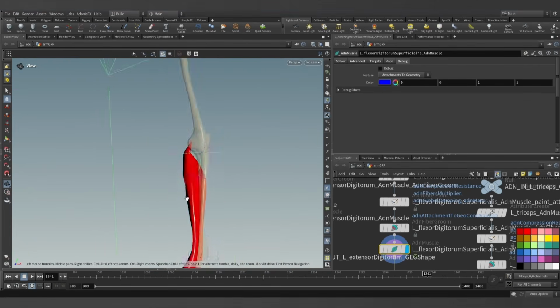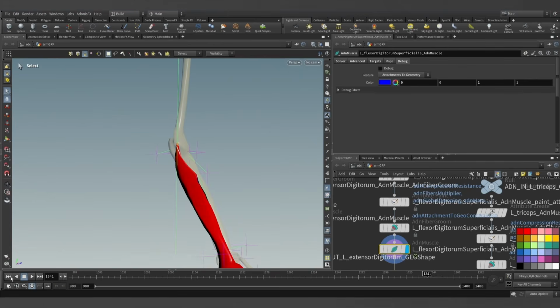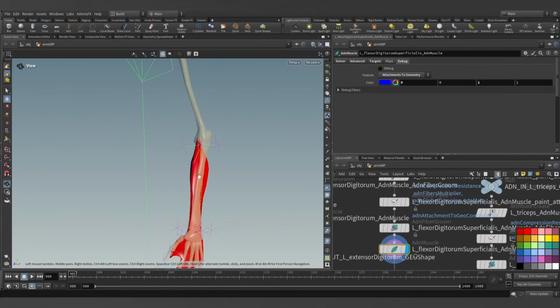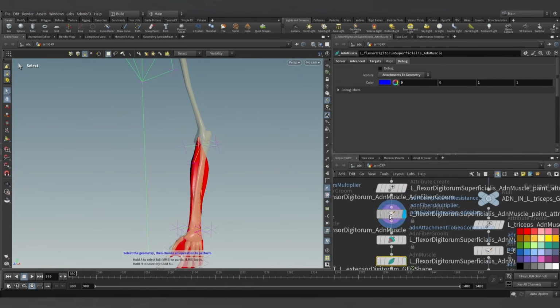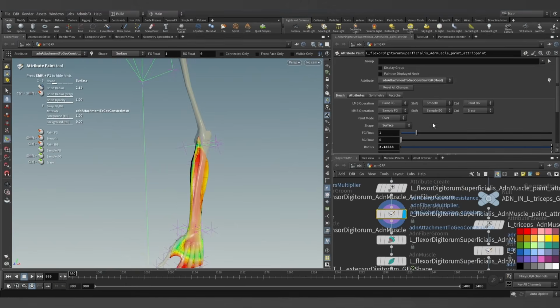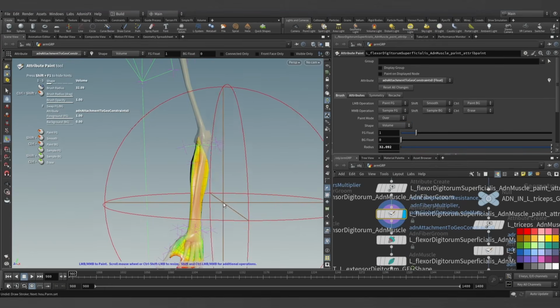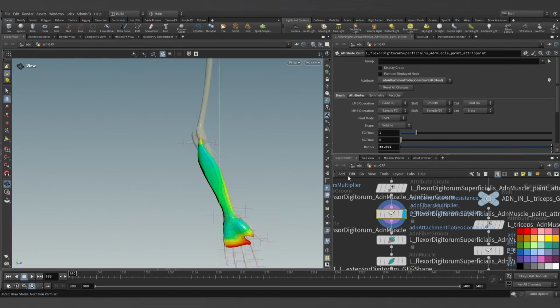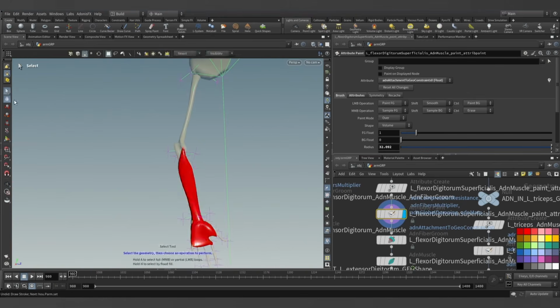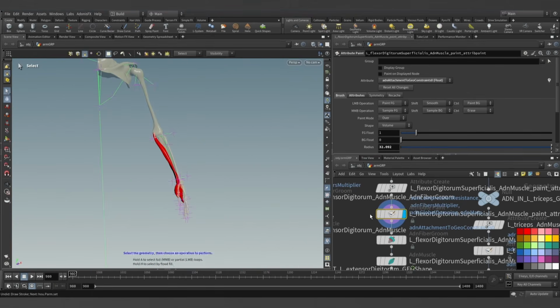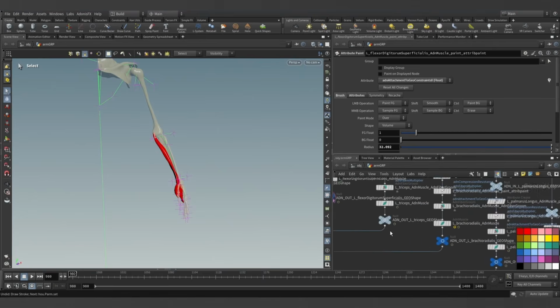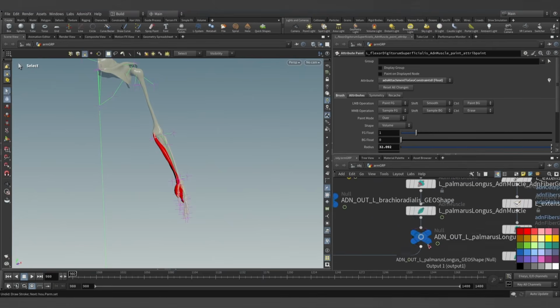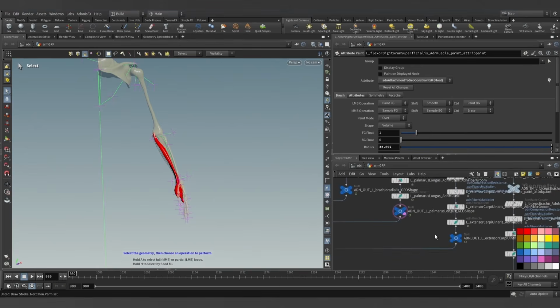And then we can also go in and smoothen a bit the weights, I think, because that's going to avoid those harsh cuts. And actually, let me come in here, use the volume brush, and just give it one smoothing, and that should do it. Great, so now let's template this one. Let's template also the palmaris longus,